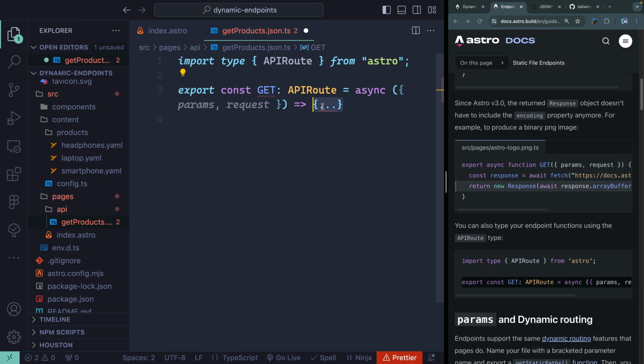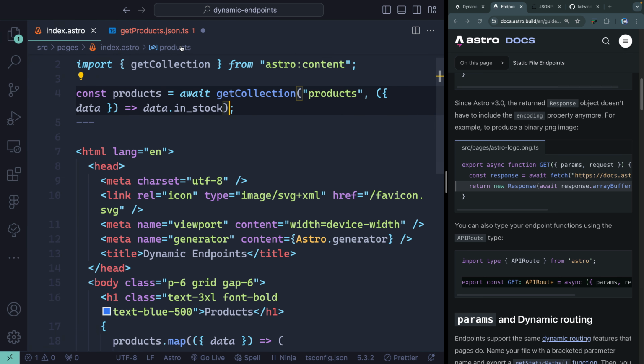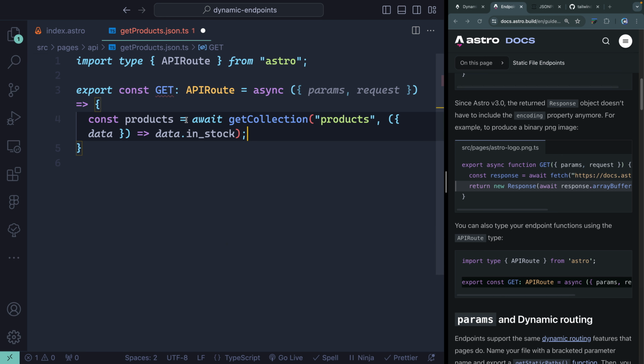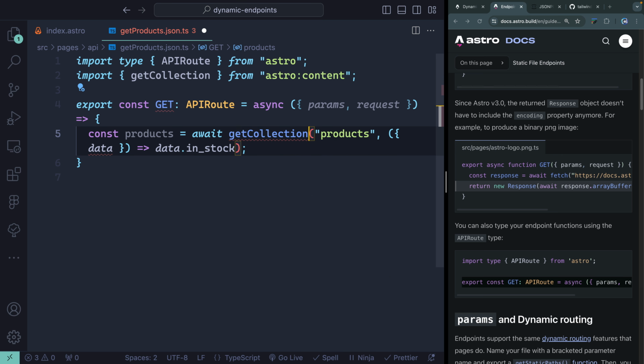Well, I want to get my products. So let me come inside here, and we can actually copy a lot of the same logic that I have over here on my index page. So let's go ahead and grab this here, and we're just going to dump this right here, where I grab my products from my collection. So I'm going to go ahead and import this from get collection,